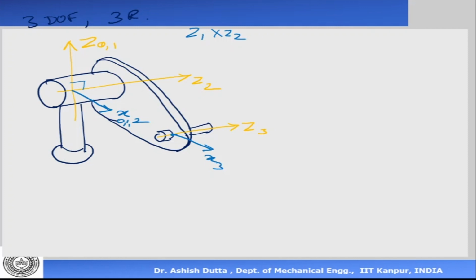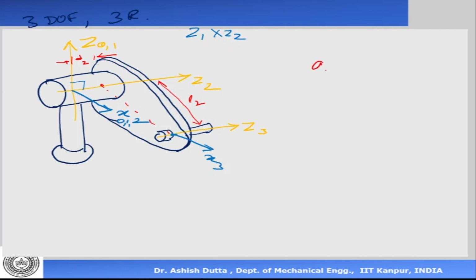Now please note what are the various lengths which are there. There is a length between this axis. Okay, let's call this L2, and there is a distance between this axis, between here and here. Let's call it D2. Okay, I hope you can visualize what these distances are.